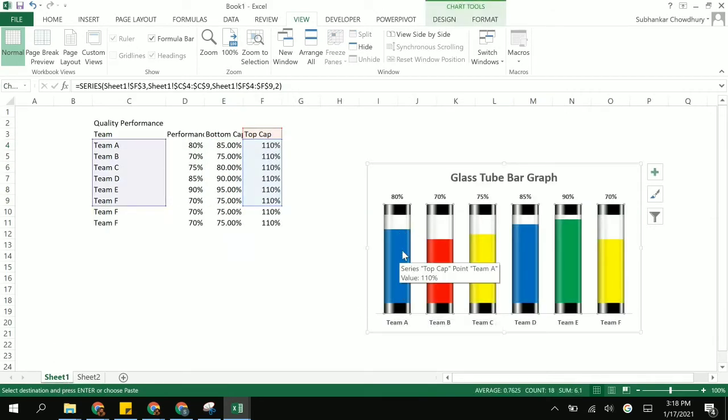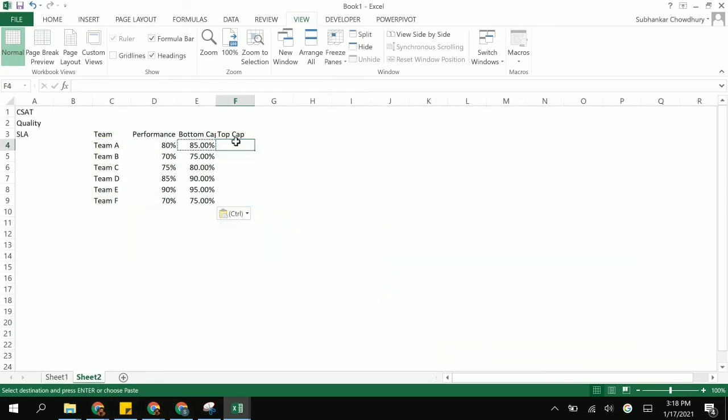The graph shouldn't overfill, because a graph can be at 100% max. We shouldn't be having a gap between the bottom axis and the top axis. The top cap here would be 5% of bottom cap plus 5% of top cap, and we all know that the graph would be maximum 100%. So 5% bottom, 5% top, that is 10% plus 100%, it makes it 110%. Very simple.